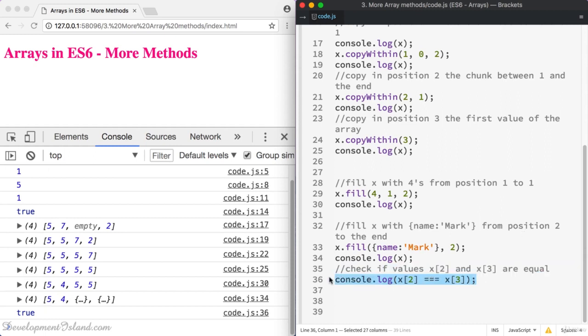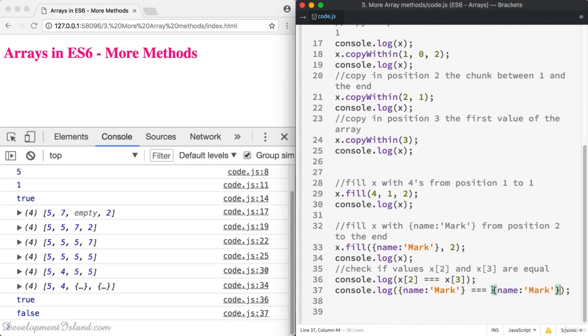Now, what if you try this, but this time using those object literals like that, and you're getting false? Interesting. So the reason why we're getting different results is because when you copy this value inside x, or the array x, you're actually passing a reference only of an object. So the same reference is actually being passed to the elements at position 2 and the elements at position 3. So here you get true